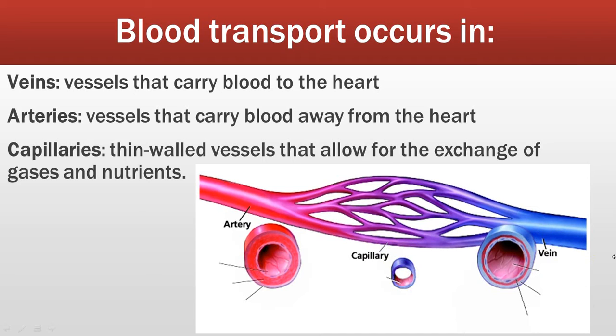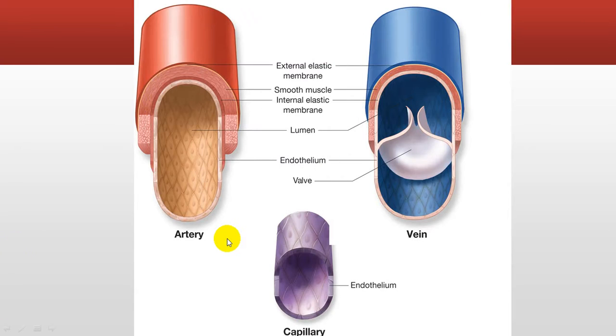All right, so notice here that the wall of the artery is pretty thick versus the wall of the vein, which is thinner, and the wall of the capillary, which is very thin. Let's look at a picture closer up of that. I think that's here. Yes, there it is. All right, so the artery has a much thicker smooth muscle band around it, and that's because it's coming straight